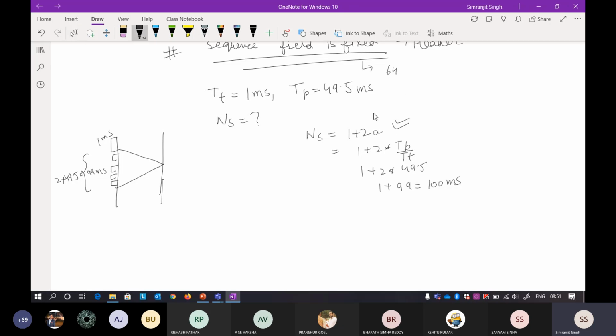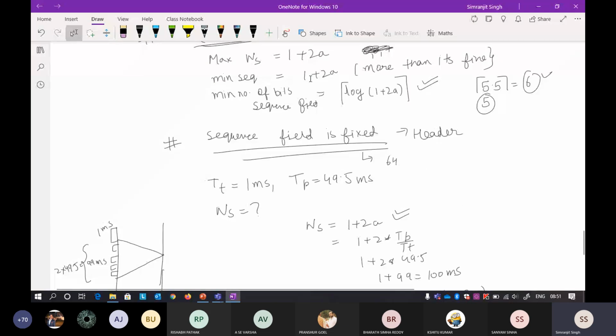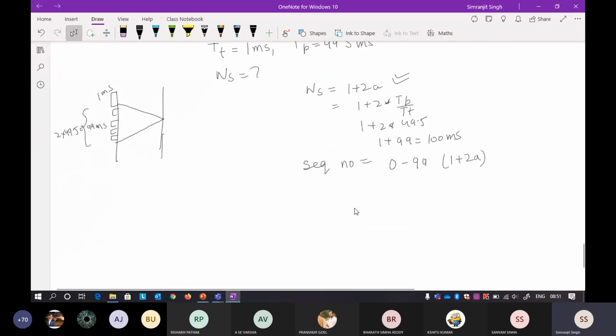That we already know. Now, what should the sequence numbers be? Because the window size is 100, I can say that the sequence numbers that can be used are 0 to 99. That will be your 100 sequence numbers. If the sequence number field is also given by 1 plus 2a, you go to this formula, and it is again 100.